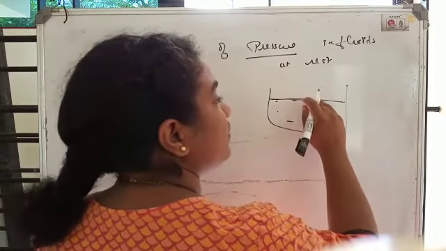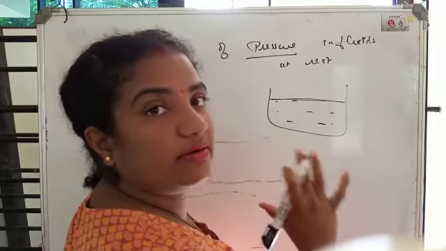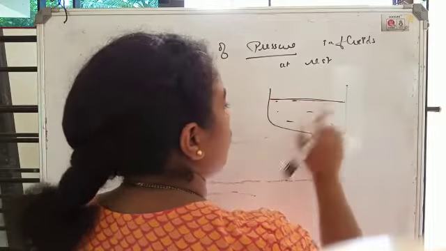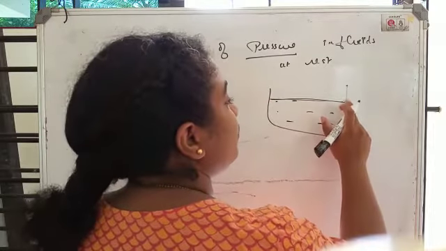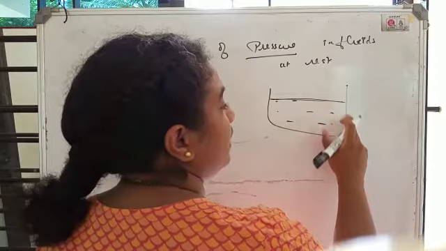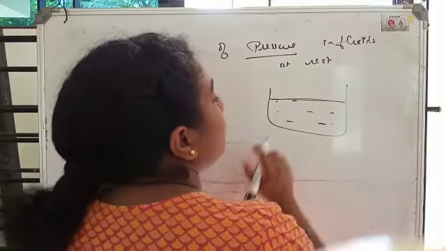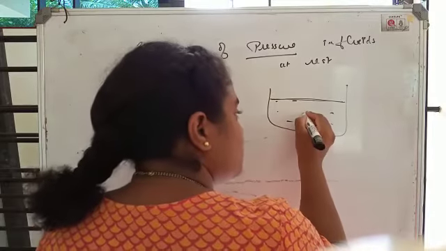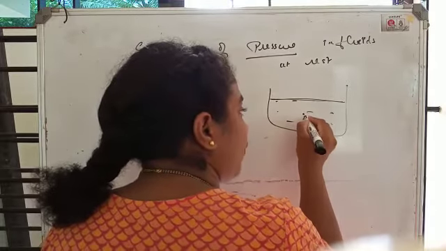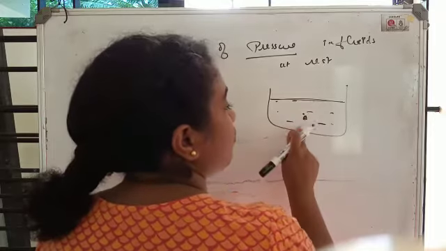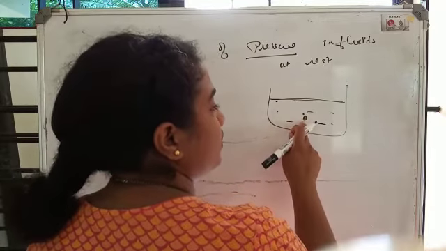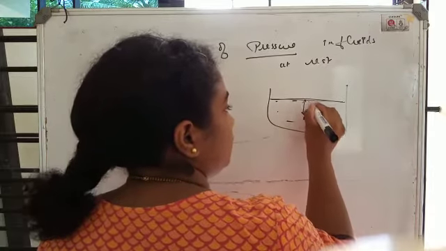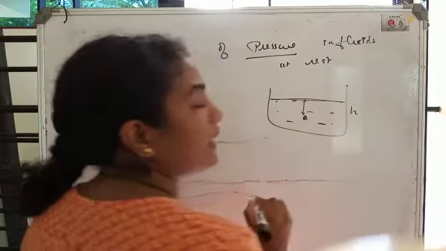Free surface means the surface which is not bound by the container's wall. Here this is the free surface where there is no container's wall, whereas in all the other directions of the fluid there is a wall of the container. Now from this free surface, if you want to calculate the pressure at a point A or O over here, first find out the height from the free surface to this point. If that height is represented by h,